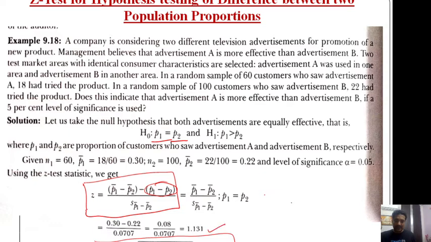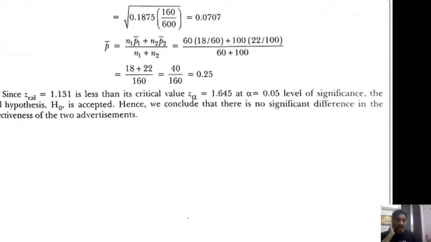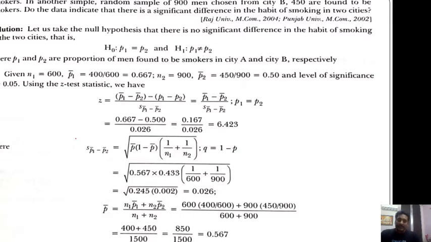This is 1.131 at 5% level of significance. Let's check whether our hypothesis is rejected or accepted. Because 1.131 is not coming under the critical region, we would accept H naught. That's why we are accepting our null hypothesis here. So this was the fourth application, or fourth use, of the Z test. One more example I have taken here. You can study it on your own. I expect that you would be able to understand this problem of testing proportions of two populations.